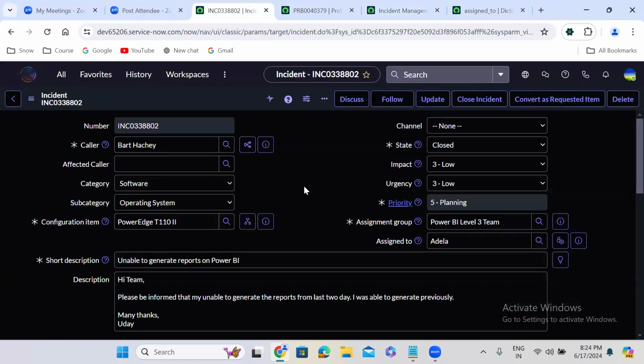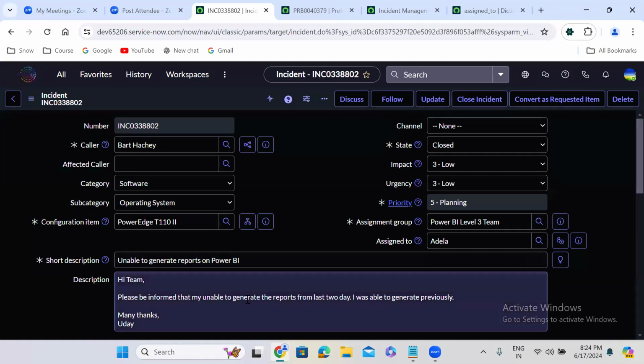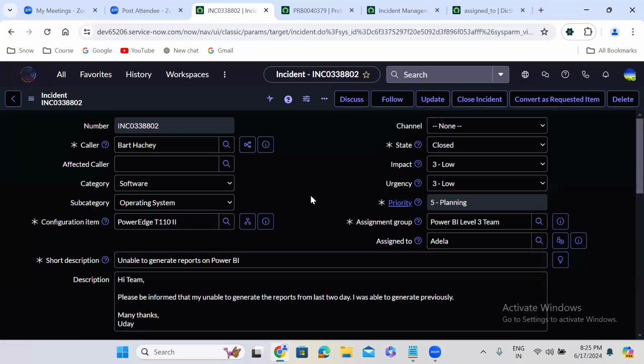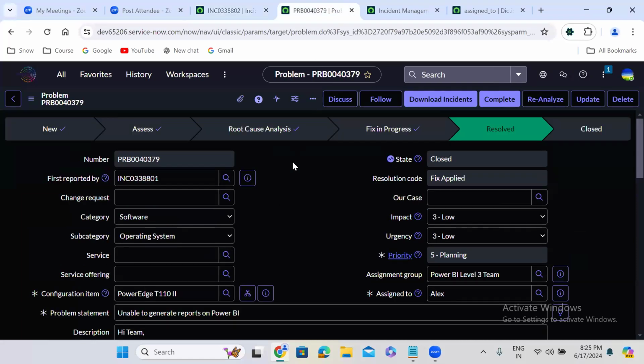So we as ServiceNow developers will have to design this incident form and this problem form. We can do anything as a ServiceNow developer. In the problem form, my client may say they don't want this our case field on the form.